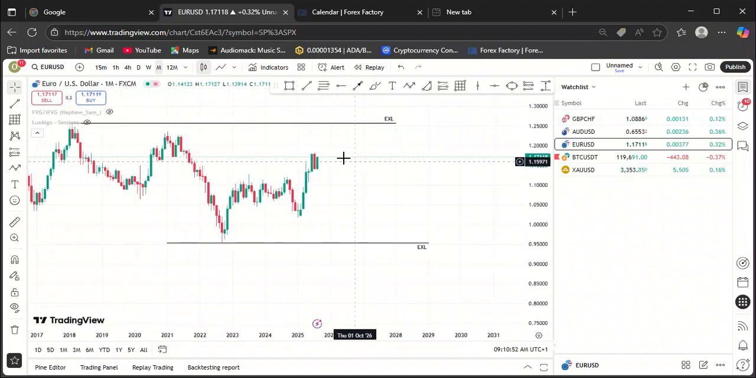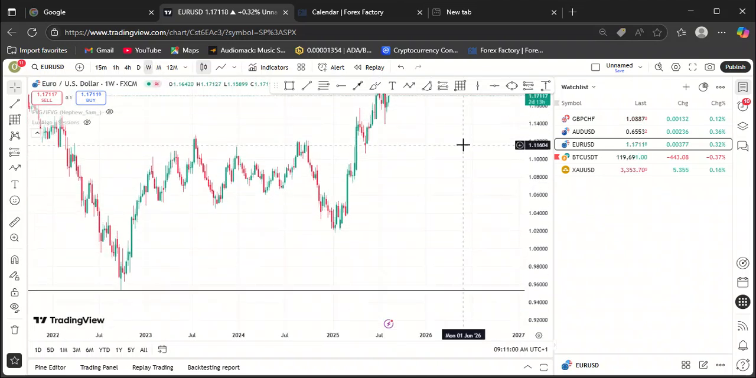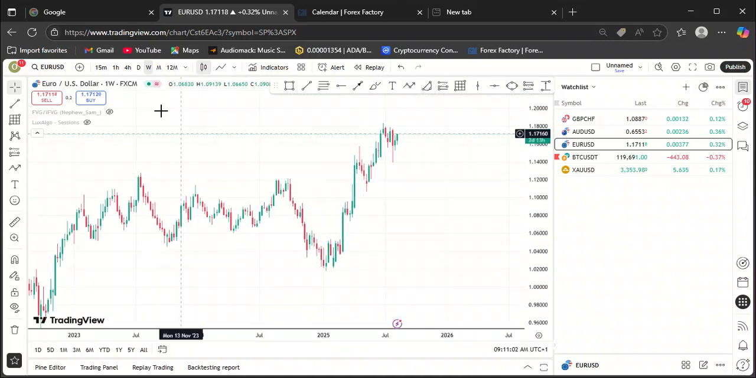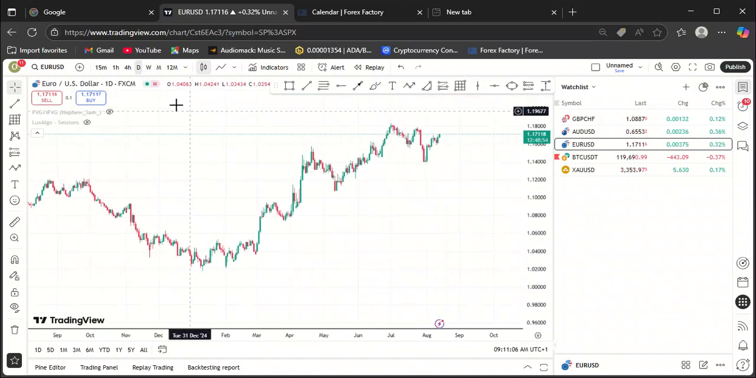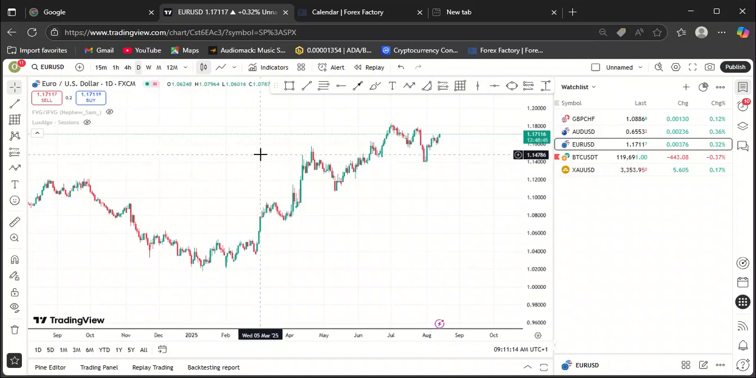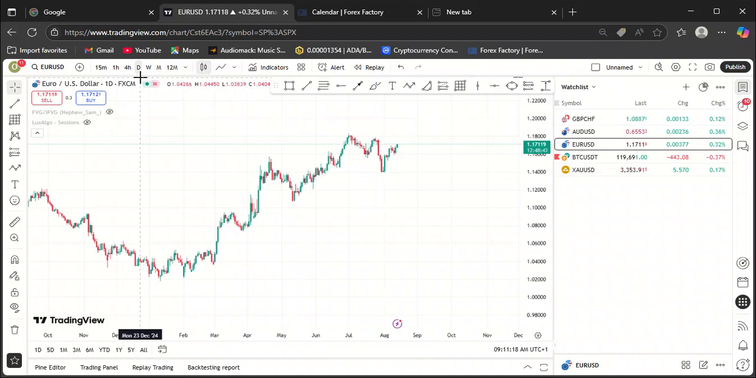Now if there is no monthly structure for me, I have the right to move to the weekly time frame. Let's take for instance there is no structure on the weekly time frame as well. I have the right to move to my daily time frame. Now if by any chance these three time frames are not giving me a market structure breaking to the upside,